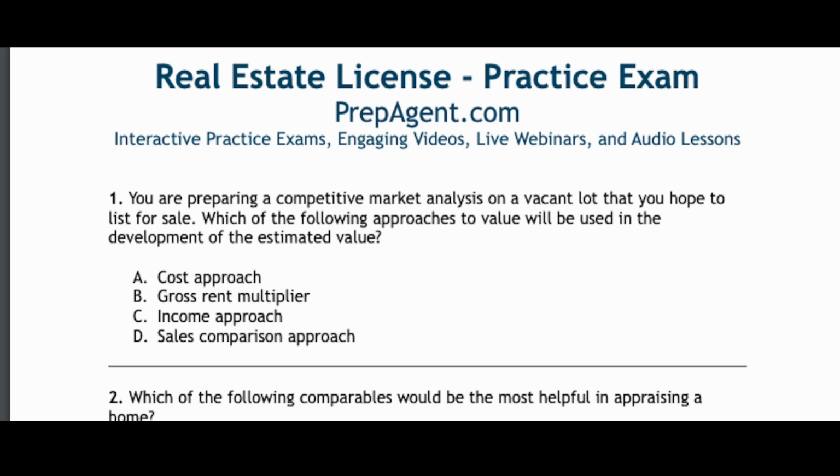The answer is D. It's a sales comparison approach for one reason and one reason only. It's because it is most applicable to the appraisal of vacant land. The cost approach is most applicable to special purpose properties such as a church. Gross rent multiplier is for the income approach of a single family home or maybe a 1 to 4 unit home. The income approach is used for an income producing property. All right. Next,